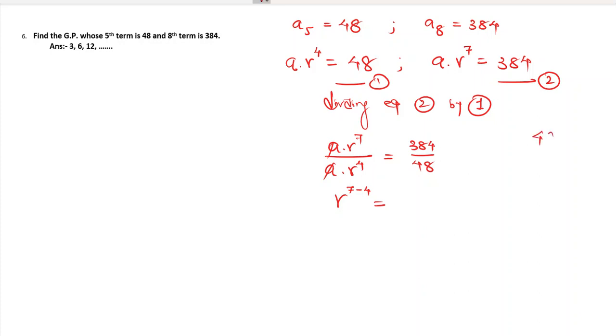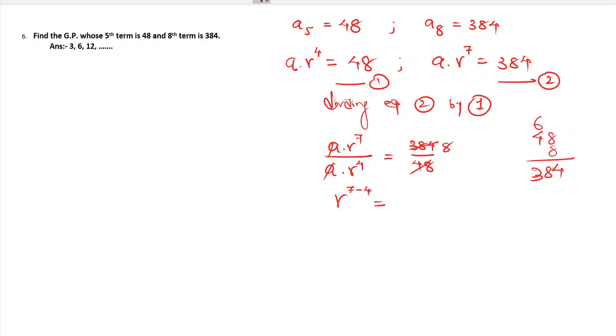48 eights are, let's try this. 8 eights are 64. 6 8 fours are 32 plus 6 is 384. Right? So 48 eights are